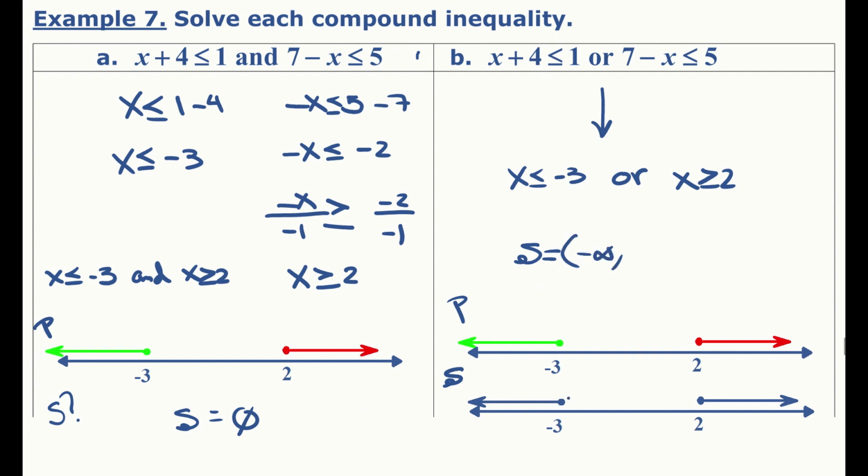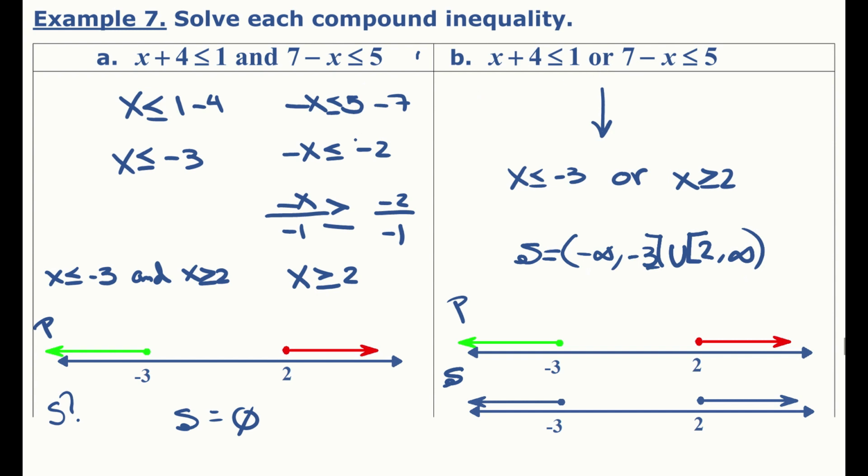And then it does end at -3. Notice that it's a closed circle, -3 is included, so it's going to be bracket, union, bracket, 2, comma, infinity. So this is the solution set when the same two inequalities are involved in a disjunction or